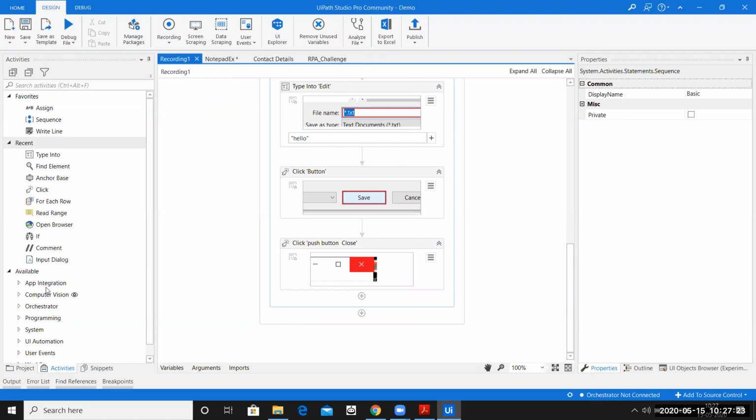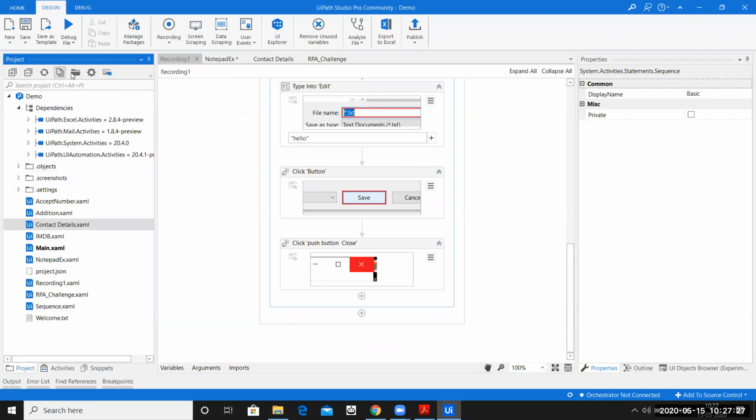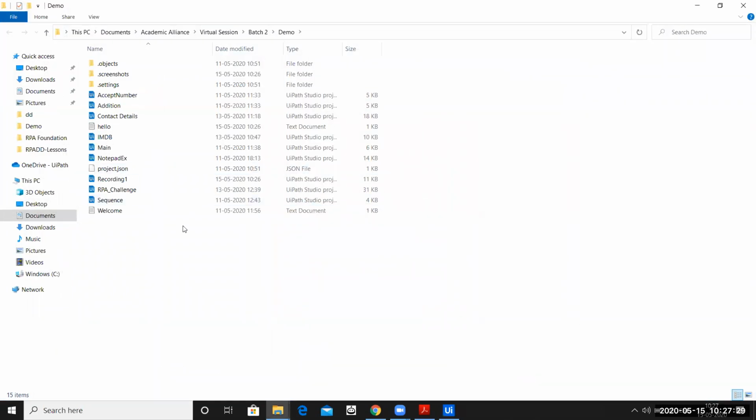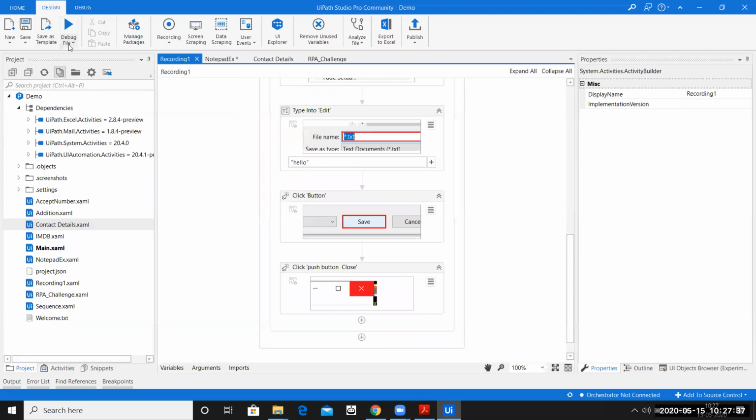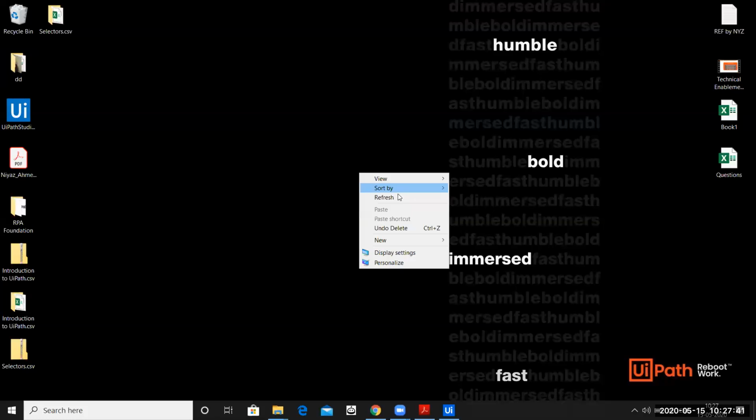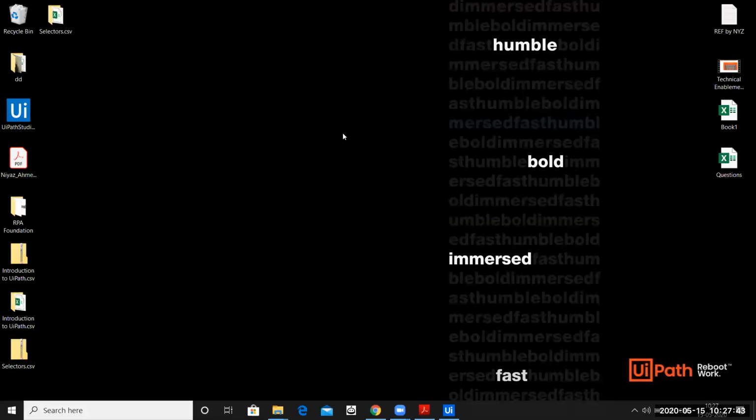Okay. So let us quickly run this application. So before running this application, I'll make sure that the hello file is deleted from here or else it will ask us, do you want to replace it? Okay, fine. So let me go ahead and run the application again. So I'll say run file and what we are expecting is the same thing. That is, it should open up a notepad.